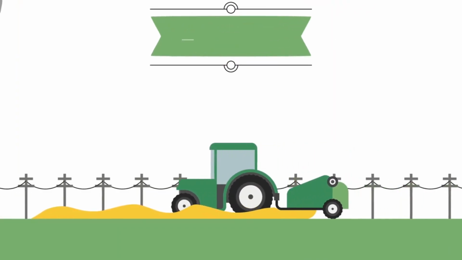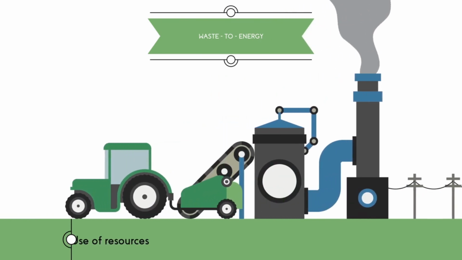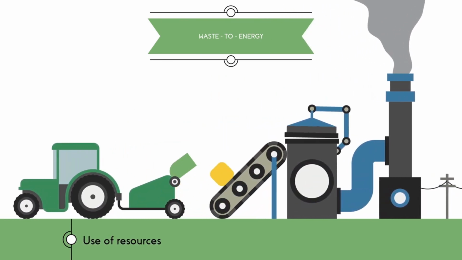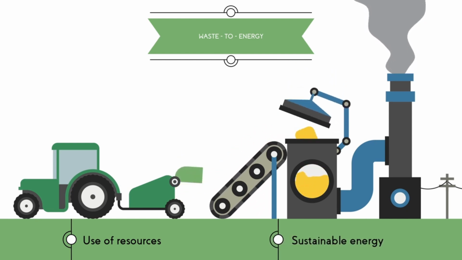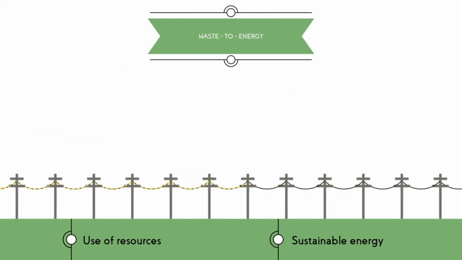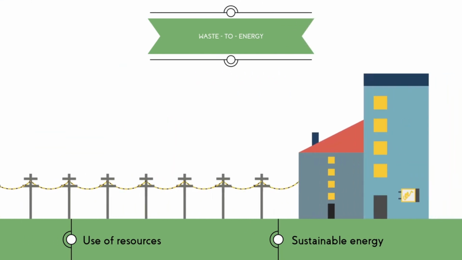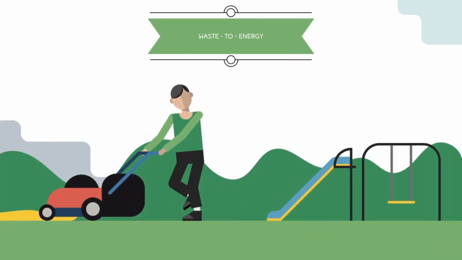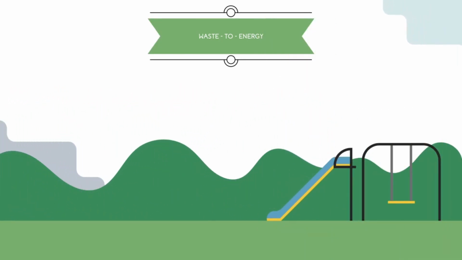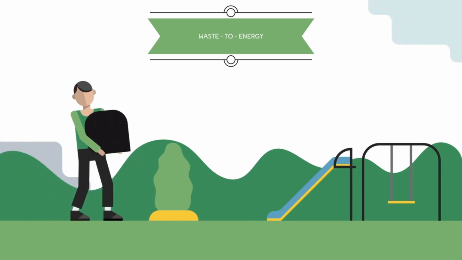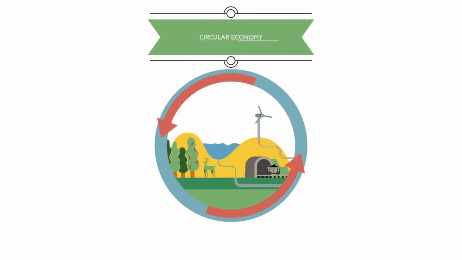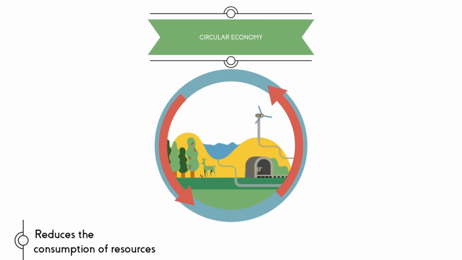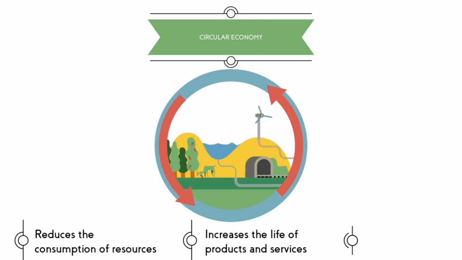The circular economy is not limited to consumer goods, but also present in other types of services, such as waste-to-energy technology, which uses residues from farming and forest production to generate sustainable energy, such as in biomass plants, where the circular economy meets renewable energy. Another example of the use of resources might be the employment of grass or other surplus vegetation as a fertilizer in the gardening sector. As you see, the circular economy, imitating nature where nothing is wasted, helps to reduce the consumption of resources, increase the life of products and services, and reduce waste generation.